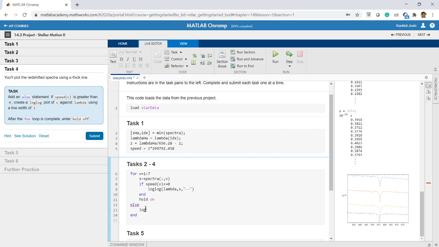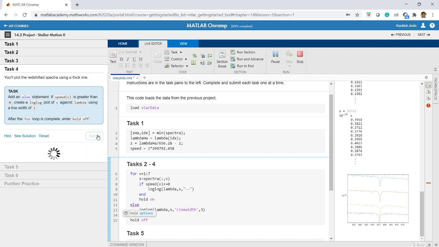So I'll say log-log in brackets lambda comma S, comma. Now I have to specify the line width. So I'll say line width, comma 3, because I need the line width to be 3. Okay, and after the for loop is ending, I'll say hold off.